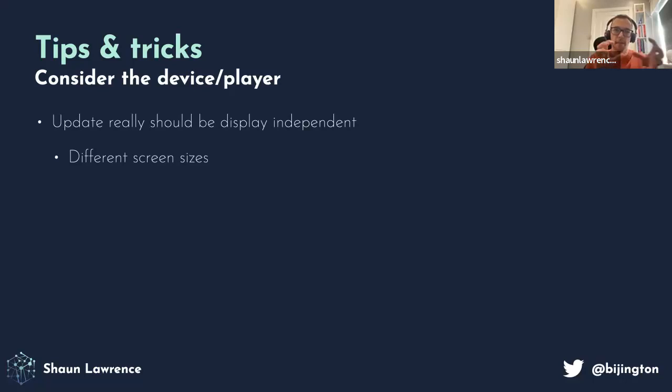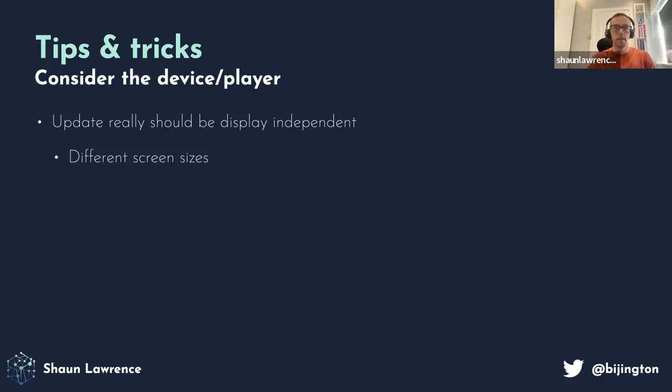One thing is the update method that you use really does need to be display independent, or make sure that you only update your state within update and not within render. One mistake I made initially was that I foolishly was updating some state in the render. So actually, if the player then decided to resize the screen, the render method gets called by the system anyway, which then actually means the state would change and therefore the visual would change, even if the game was paused. That's a bad thing to do. So you want to keep those separate.